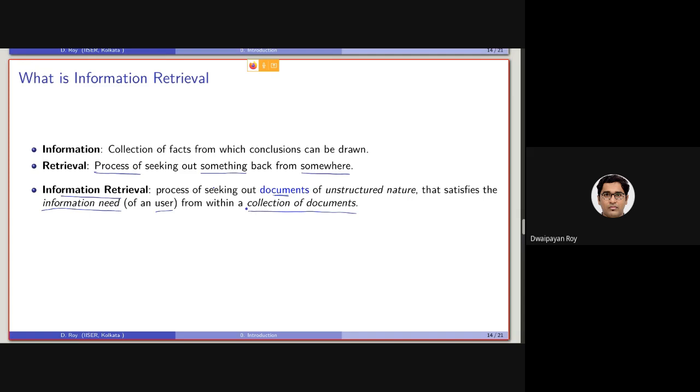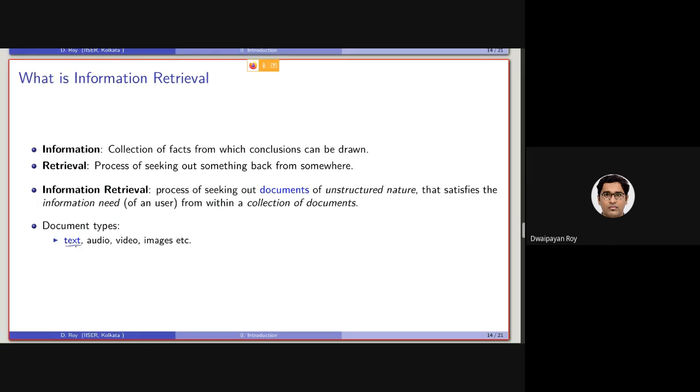Now, a document can be of many types like text, audio, video, images, but we'll be focusing on the textual documents. That is, documents will be just the textual part.